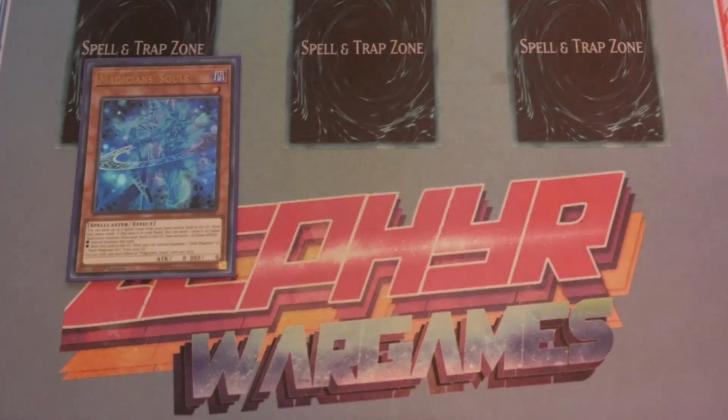Now, this card came out in the Legendary Collection 6, I believe it was, and it is due for a reprint in Legendary Collection 3, but that will not be coming until at least the middle of 2021. For now, the reason this is so good is it allows you to send a level 6 or higher spellcaster monster from your deck to the graveyard, meaning you can put a Dark Magician in the graveyard to set up Eternal Soul plays. Also, you can send a Dark Magician Girl, or a